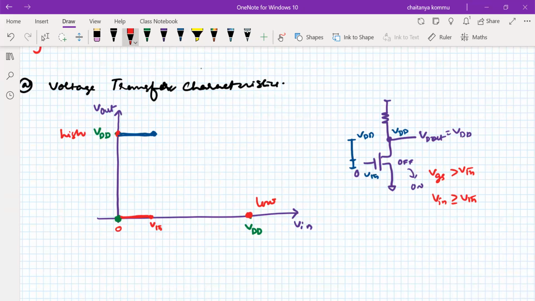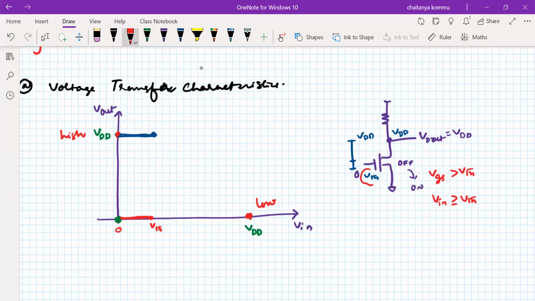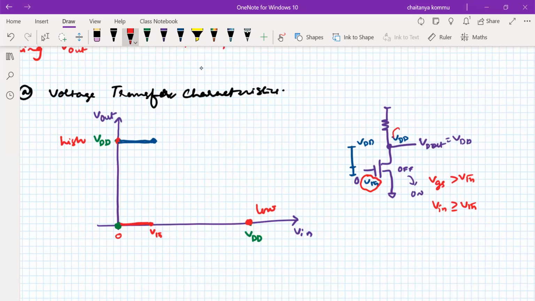Observe carefully. The input is at some low value, and the output is at a high value. The threshold voltage is 0.4 only, and VDD is 5 volts. So what is the mode of operation of this transistor? As we have seen in the regions of operation,